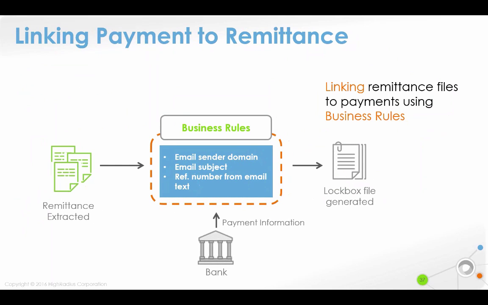So the RPA takes these business rules. And in the same way an analyst might use contextual data and other information, the system will do this automatically. So it might look at information such as, okay, what was the email sender domain name? And does it match up? What was the subject of the email? Does that give us clues as to the remittance and the payment and how they might be linked? It looks at the MICR number or maybe the invoice number if that comes in. It'll look at any criteria that it might receive from that remittance data and the payment data that's received from